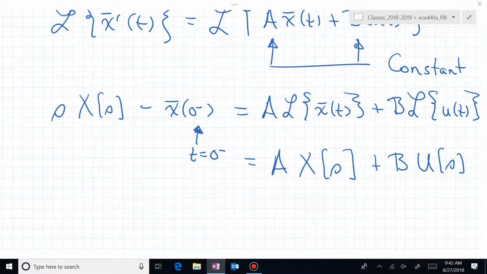Now, I want to combine terms in this expression, and right now S is a scalar on the left, and the matrix A is a matrix, 2 by 2 in our case. How do I combine a scalar with a matrix? Very carefully. You really don't, do you? You have to do something, and the something that you can do is you can actually